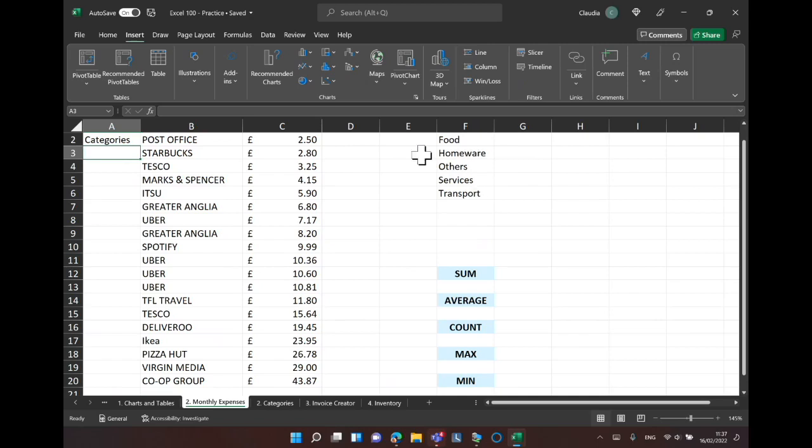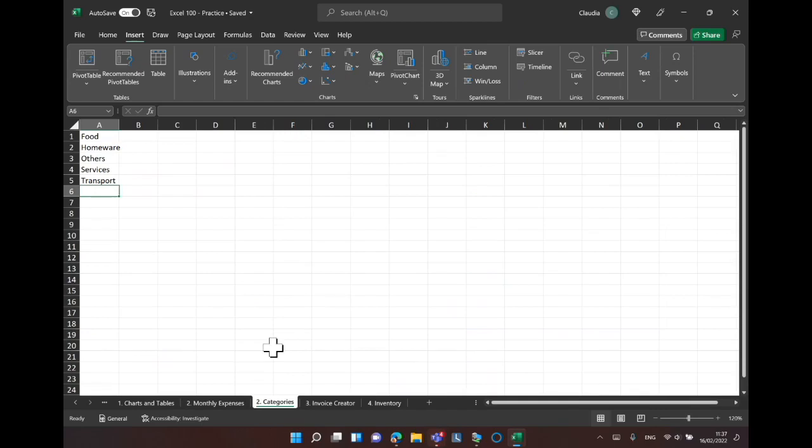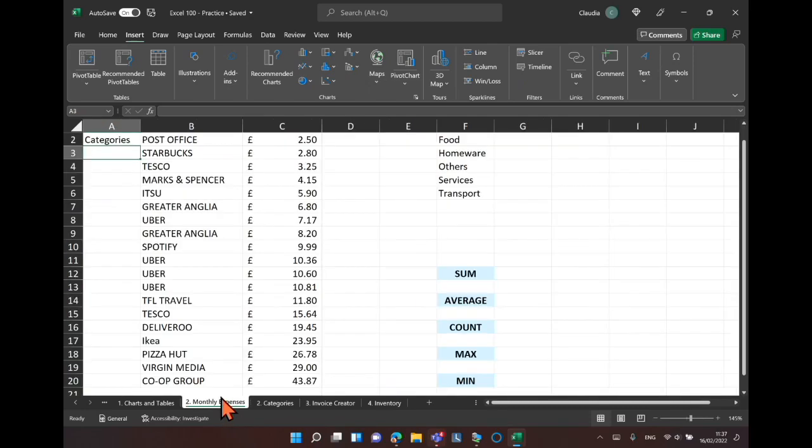And I have also included the same list on the third sheet that you see here at the bottom of Excel. There's a reason why I've put it like this. It's because I'm going to create a data validation list as well. But first I can start writing manually next to each of them. So let's say food, Tesco was others, Marks and Spencer was homeware,